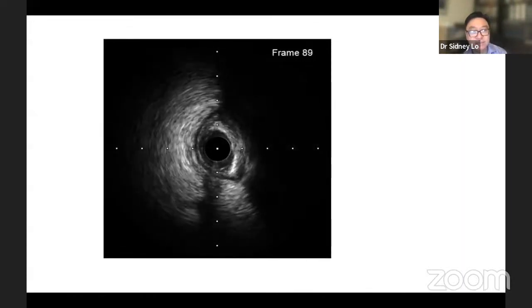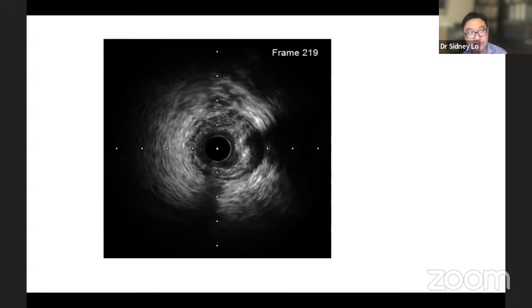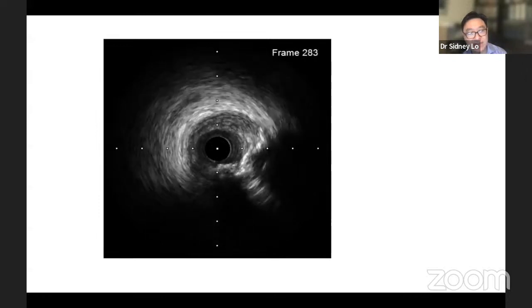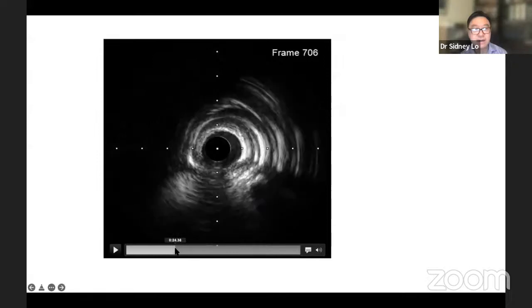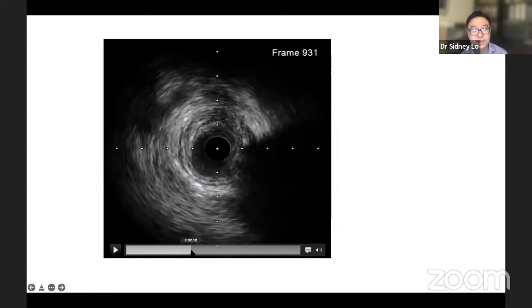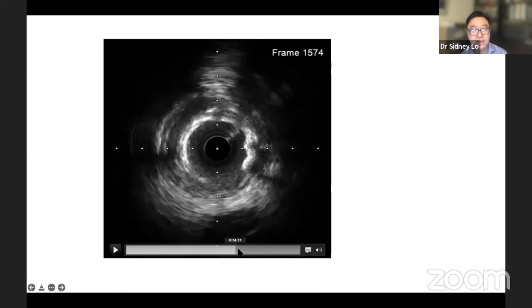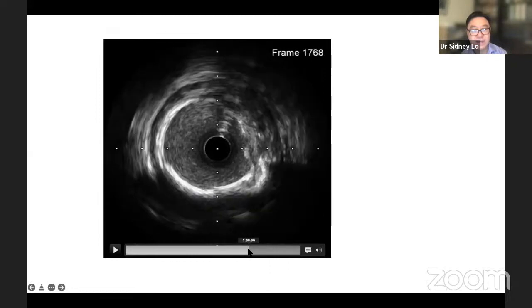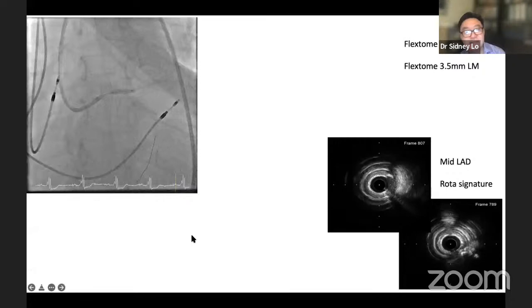So after this, this is the IVUS run. You can see the 1.5 millimeter burr signature, not particularly big, in the middle part of the LAD. Might speed up a little bit. And as you can see here, some reverberation artifact, seeing the signature. The vessel gets a little bit larger as it comes up to the proximal LAD and the left main coming through here. Essentially after that, a cutting balloon was performed, 3.0 in the proximal LAD, and